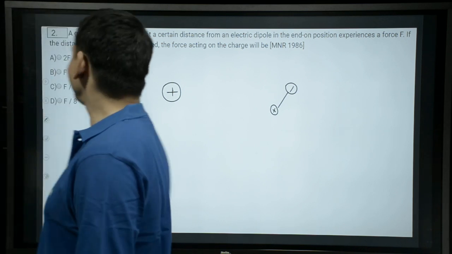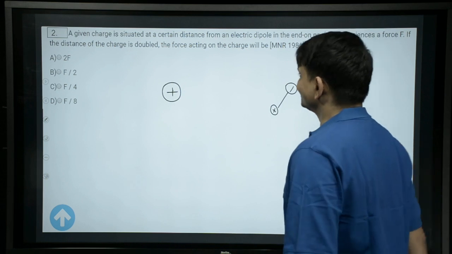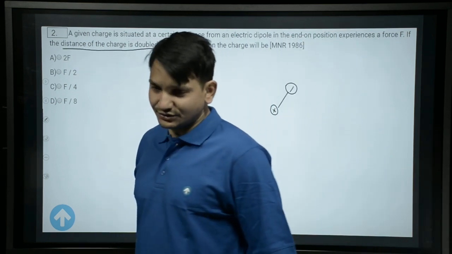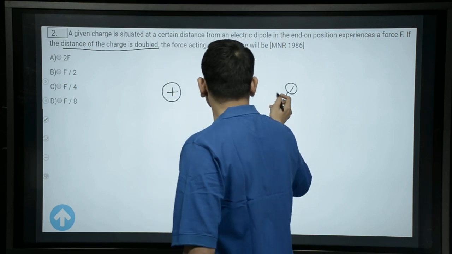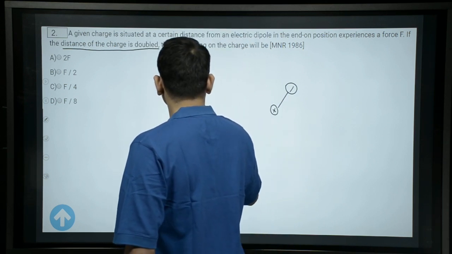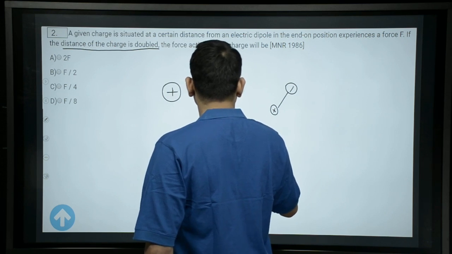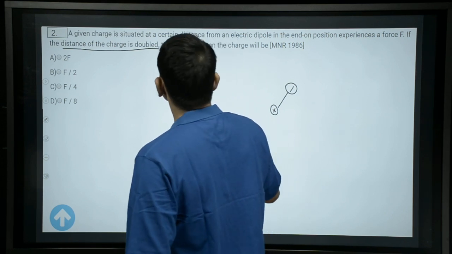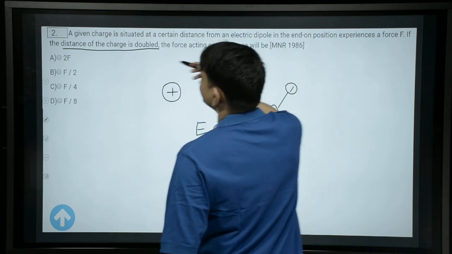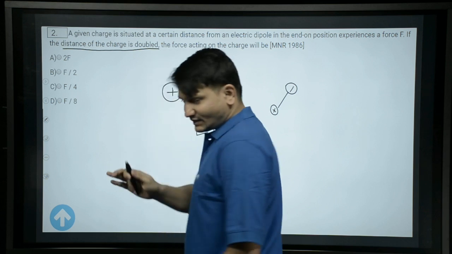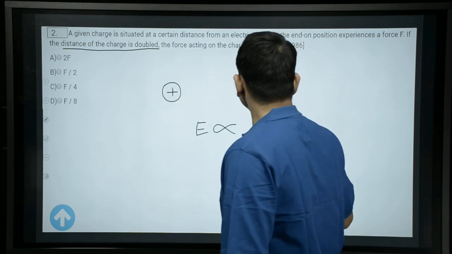Okay, I'm already getting the answers from you. So, the distance of the charge is doubled. You know that for a dipole, the electric field is directly proportional to the distance. Sorry. If the distance of the charge is doubled, the force acting. Okay, let's try to bring it on to a level that